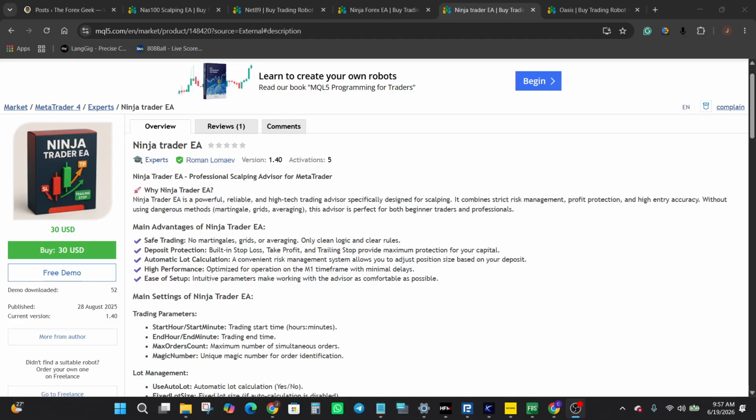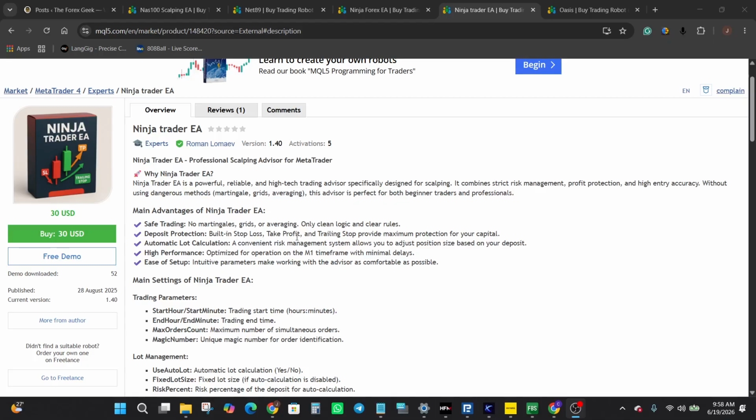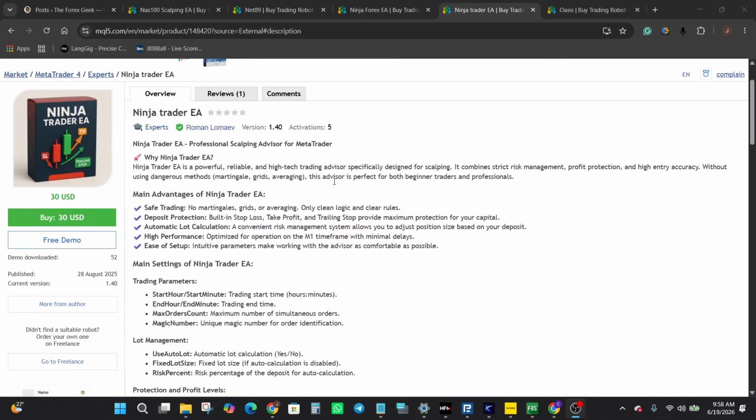Now, one of the first things highlighted by the developer is that the EA does not use martingale, grid, or averaging techniques. Instead, the system relies on predefined trade management rules that include stop loss, take profit, and trailing stop functionality. Now, as I continue through the marketplace details, we can see that risk management is a major focus of